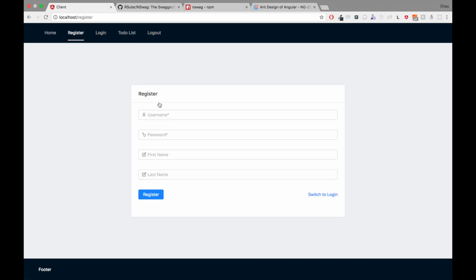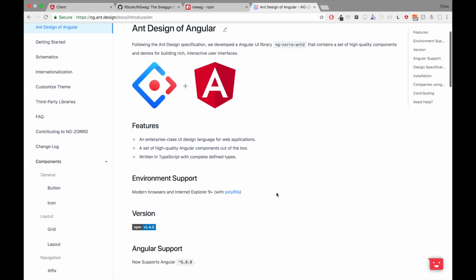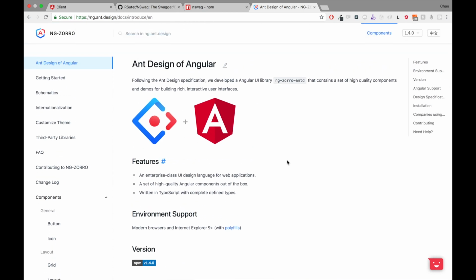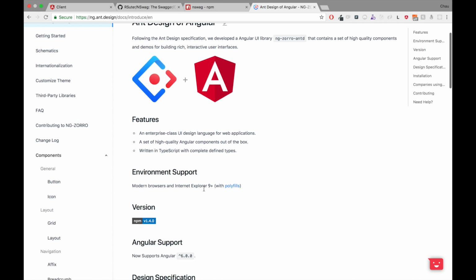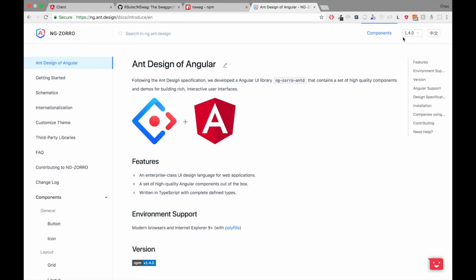So the forms, the UI is provided by Ant Design of Angular. I know Ant Design is pretty popular in the React world, and the Ant Design team has a port for Angular, and I really like the look of it. So that's why I use Ant Design for this project. You should check it out. It's really good. Right now the version is 1.4.0,